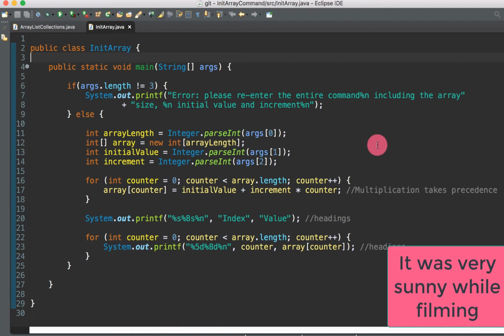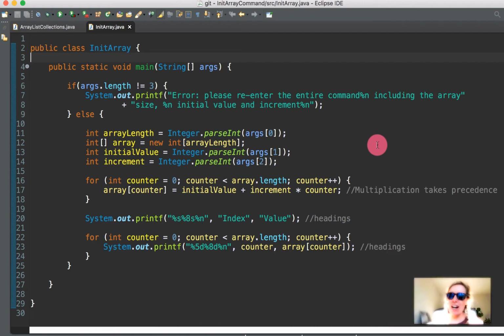Today we're going to do a couple of things where I'm going to summarize some stuff that we've covered so far. Then we're going to have a look at the terminal command line prompt. And then we're also going to have a look at what we covered in the last video, which was array list collections. And finally, we are also going to take a look at more errors, which is very important because